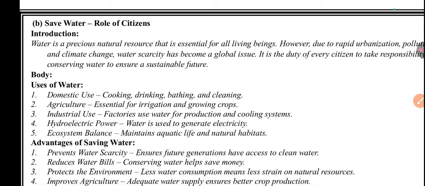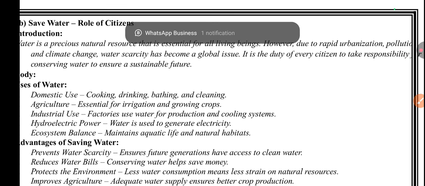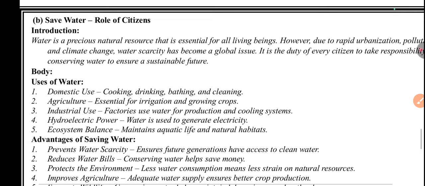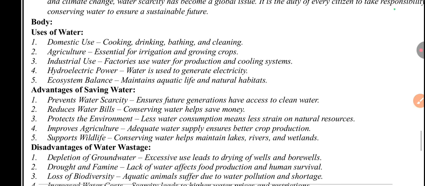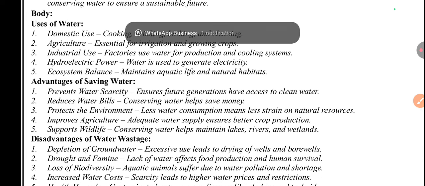say, water, a role of critics. Introduction. Water is a precious natural resource that is essential for all living beings. However, due to rapid urbanization, pollution, and climate change, water scarcity has become a global issue. It is the duty of every citizen to take responsibility for conserving water to ensure a sustainable future. Body. Uses of water: domestic use, cooking, drinking, bathing and cleaning; agriculture, essential for irrigation and growing crops;